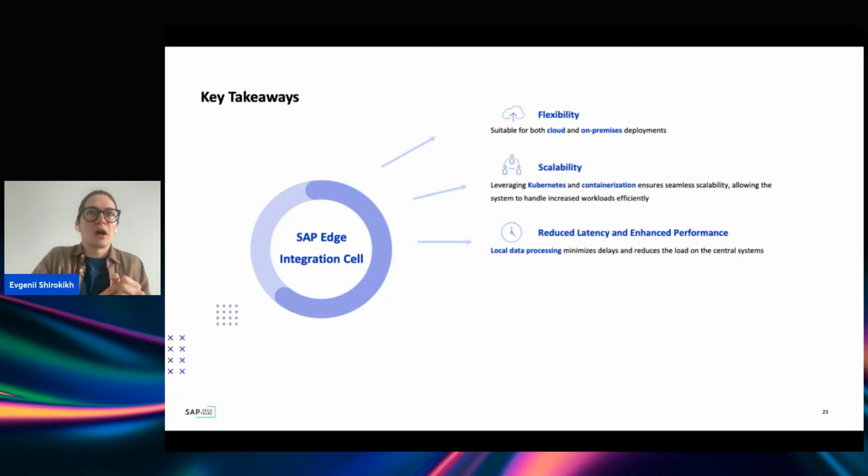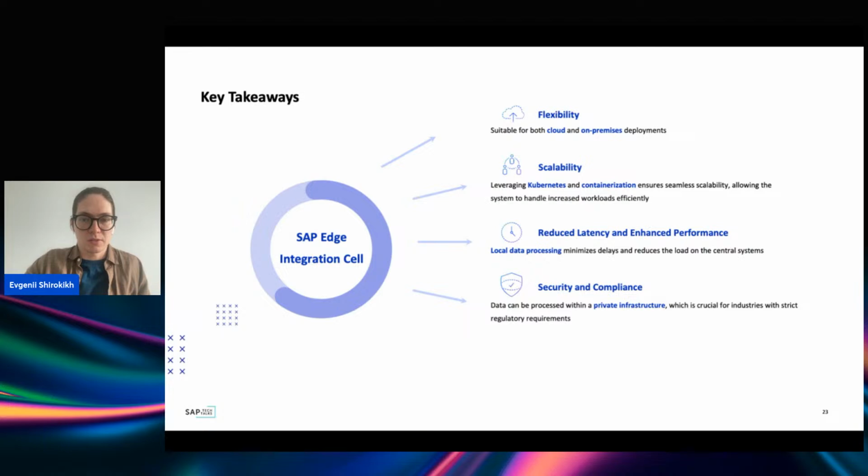architectures where we have multiple Edge Integration Cells deployed in various availability zones in different regions, thus optimizing local data processing, reducing latencies when it's needed, and having better connected systems. Security and compliance is a big thing, and a number of times we've heard something like, no,